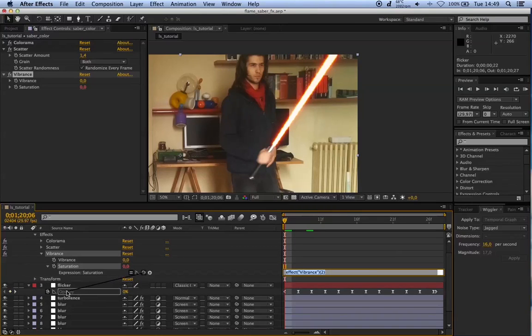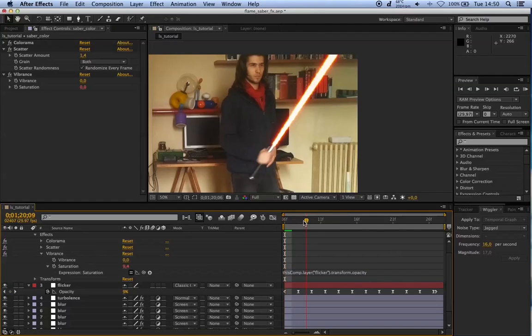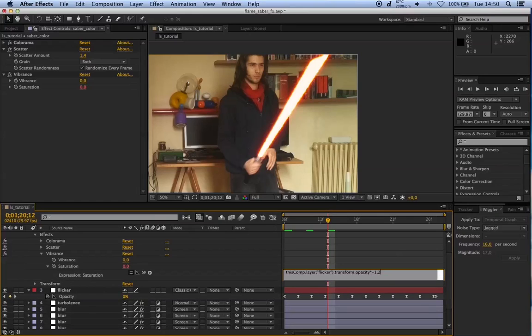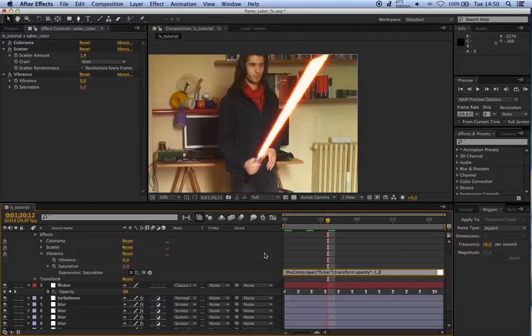So alt click on saturation and then drag this on opacity. It's going to create this expression and then it's okay. What is the problem now? It's going to increase the saturation always above 0, never below 0, and we wanted the opposite. So in this expression we'll change things by multiplying by -1, maybe even -1.2, because we want this effect